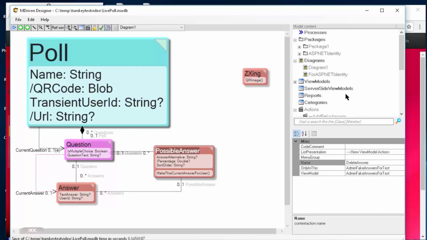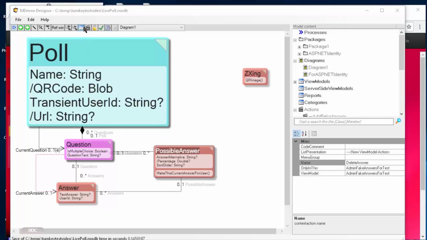So I also have the ZXing thing that I've written about in articles before to help me render the QR code. So that's actually all the information needed to create the InstantPoll app like this.